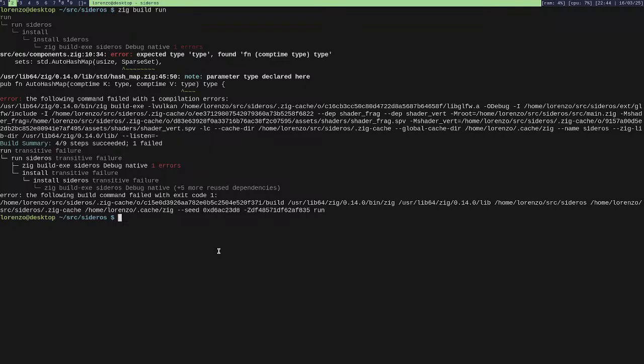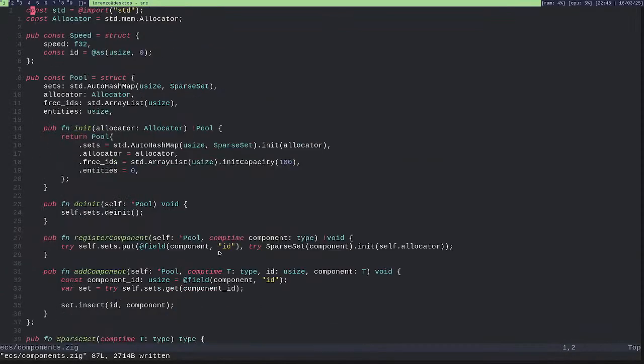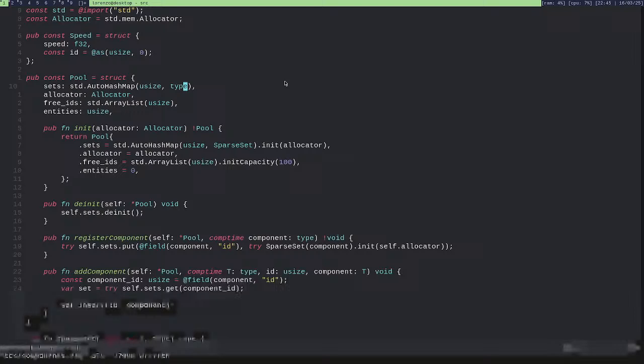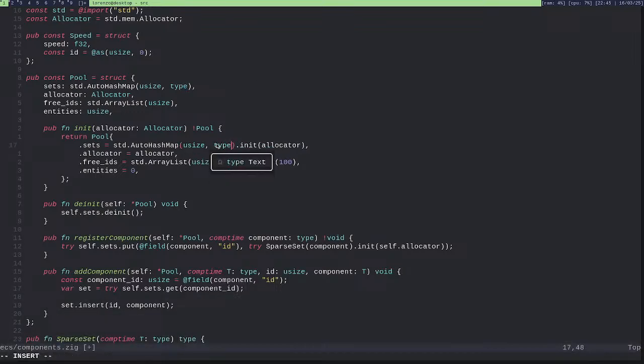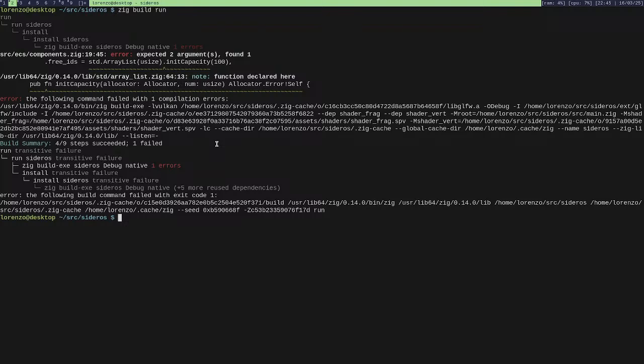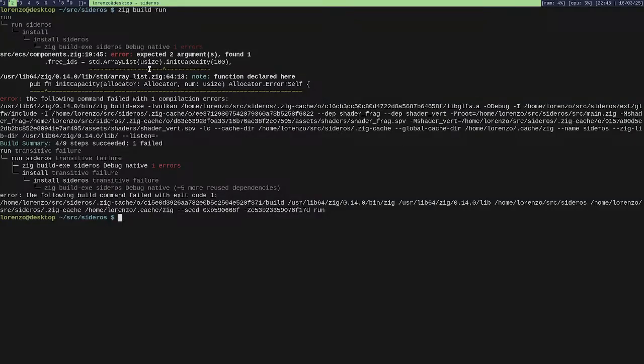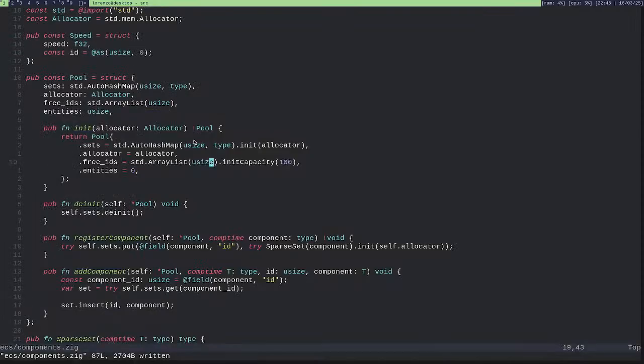Expected type. Okay. Expected 2 arguments, found 1. What? Oh, also the allocator.